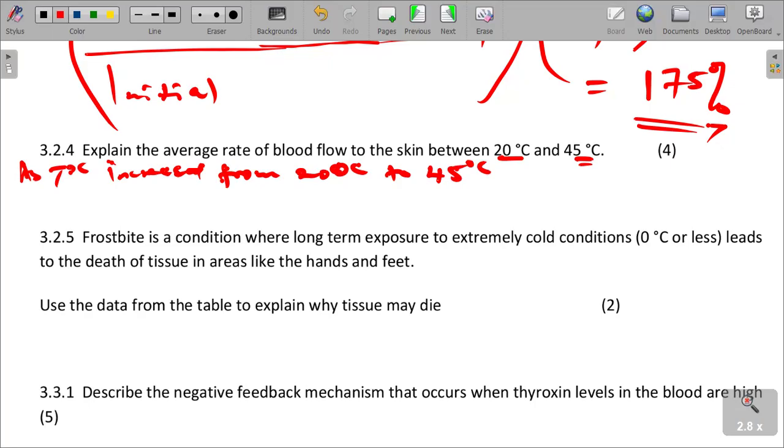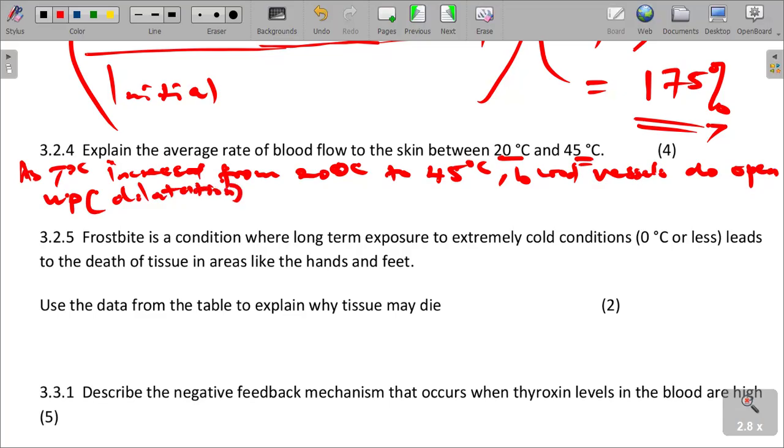We are saying vasodilatation occurs. Blood vessels do open up. The blood vessels do open up. They dilate. They open up, which we say dilatation. It occurs. And then to increase the rate of blood flow